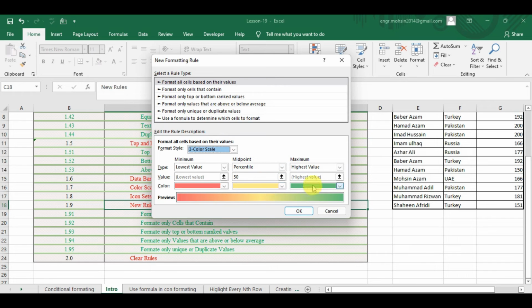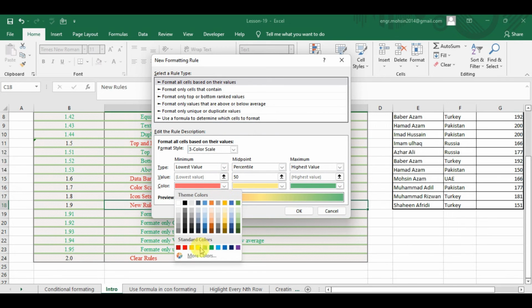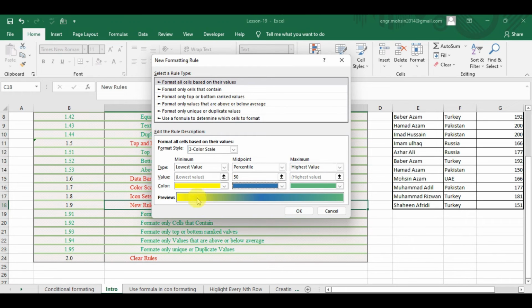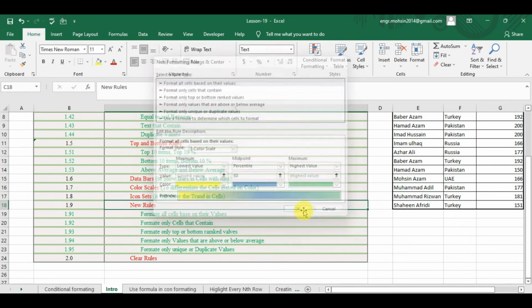We can change the color like this. Now the lowest value will be highlighted by yellow, followed by blue, and then green, and by clicking OK it will be formatted. Sorry, I did not select the range. First of all, I have to select my range,